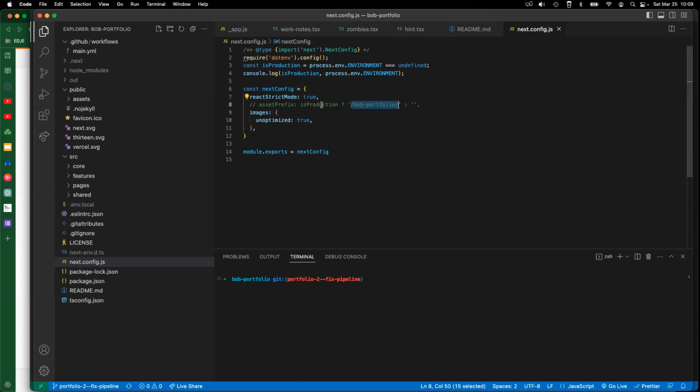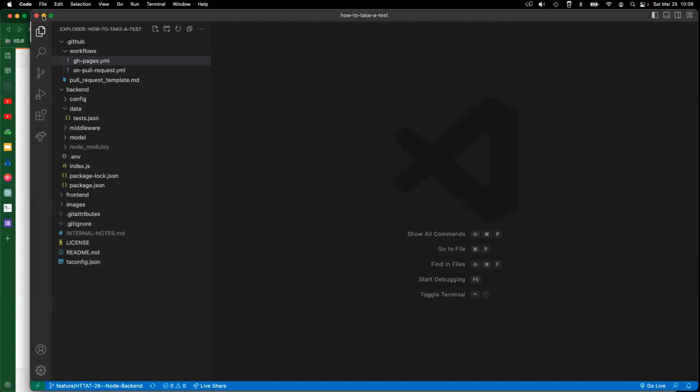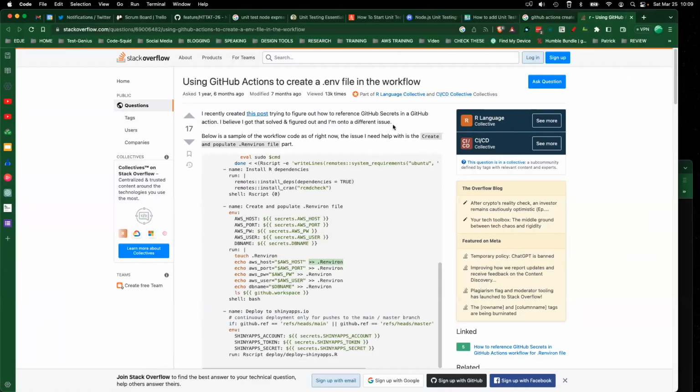If I put that in, it sort of works on GitHub Pages, which is getting closer. I have another piece in here I've got to fix. Vercel breaks, and my local works. But what I just figured out with a little bit of Katie's assistance is an interesting little piece here. I had seen this: to create a .env file on my local machine via the GitHub Actions build process,